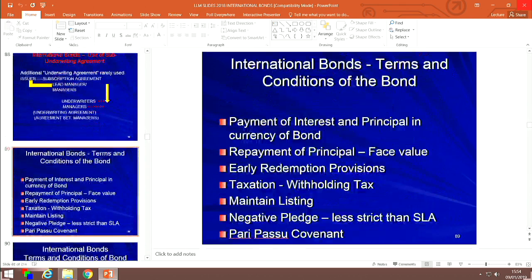So, okay. Terms and conditions of the bond instrument. Where do you find them? In the bond instrument, at the back of the subscription agreement, and in the prospectus. The straightforward obligations are easy to understand. There is an obligation on the part of the issuer to pay interest on a 6-monthly or 3-monthly basis, whichever the investment banks have decided, and to pay back the principal in the currency of the bond, the currency of issue. That's the first and most important obligation.